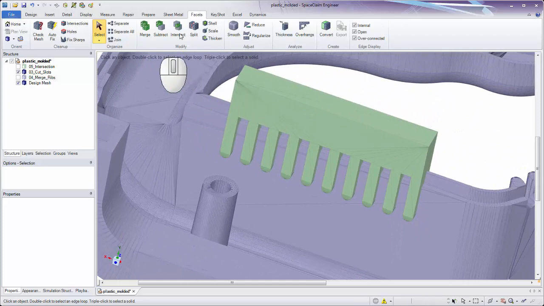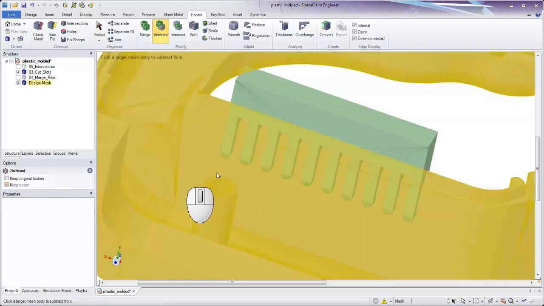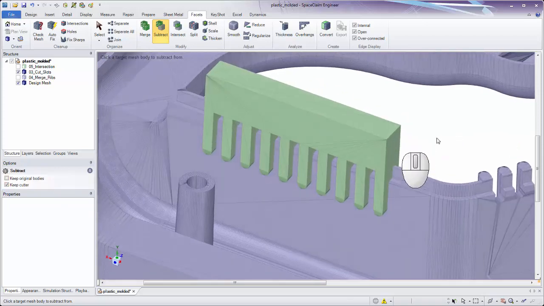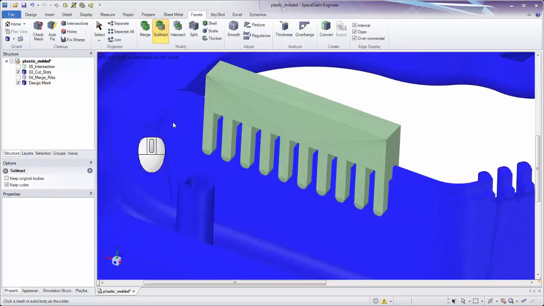Now I'm going to go ahead and turn on my subtract tool again, but here let's take a look at some of the different options. One of those options is called keep cutter. Remember before that this pin we used to cut with disappeared after we made the cut. But if I have that option on, keep cutter, with my subtract tool and I select the body to cut